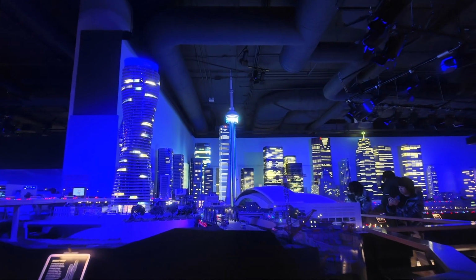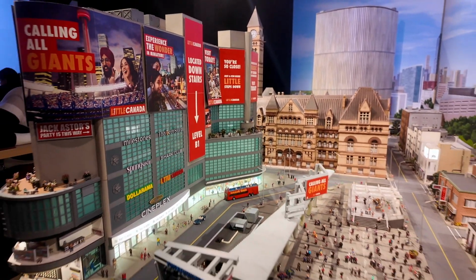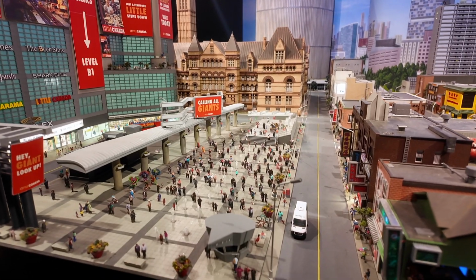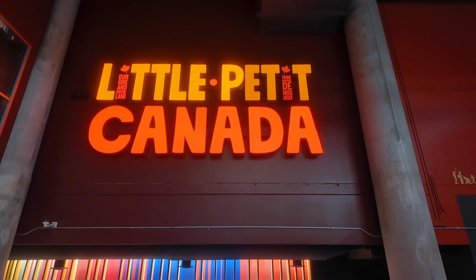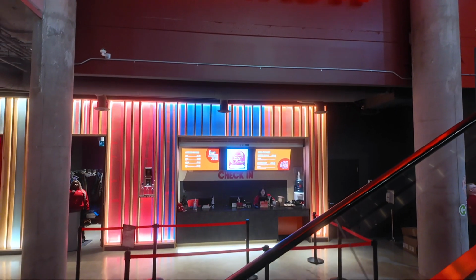ambitious project to life. Little Canada opened in 2021 in downtown Toronto, right off Yonge Dundas Square, and steps away from the Dundas TTC station on Line 1. Admission is 36 Canadian dollars, which is about 25 US dollars for adults. But a variety of discounts are offered for students, seniors, kids, and even for new immigrants to Canada who've been